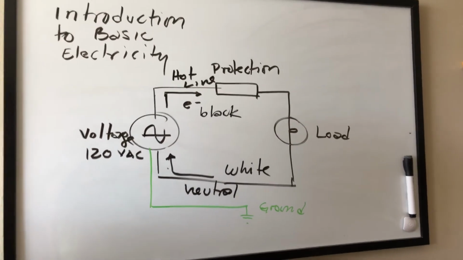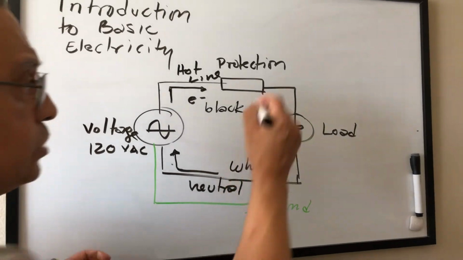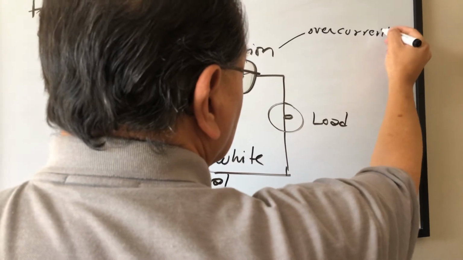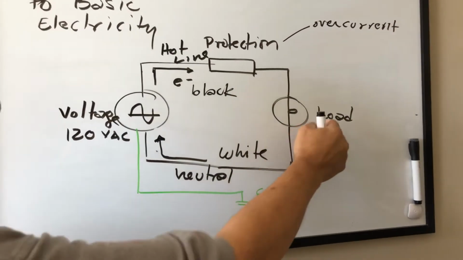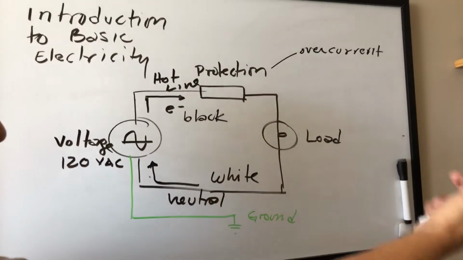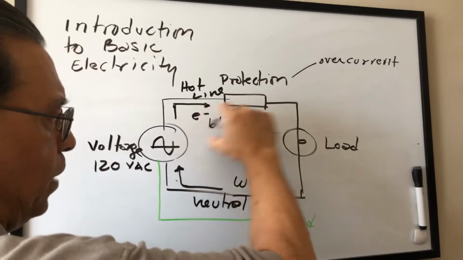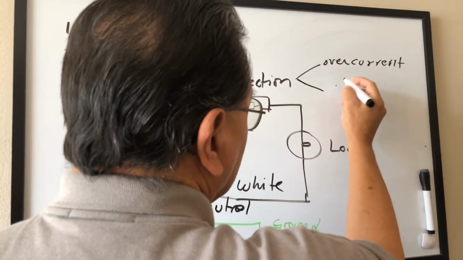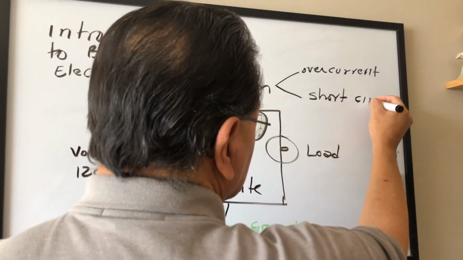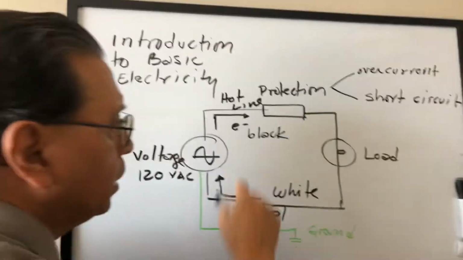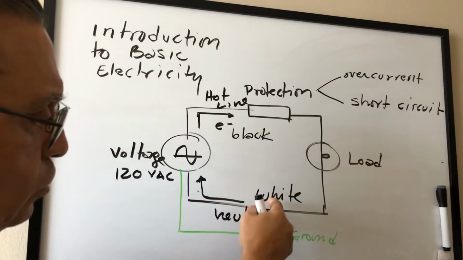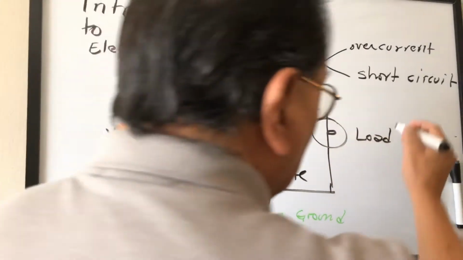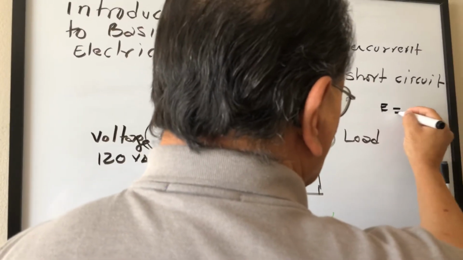So the protection that we have is a protection against overcurrent. Okay, overcurrent when we apply a load that is demanding more current than could be supplied and supported by the protection, or against short circuit. A short circuit happens when the hot line by accident is touching the white or the neutral or the ground. Then we have a short circuit, because according to the Ohm's law,